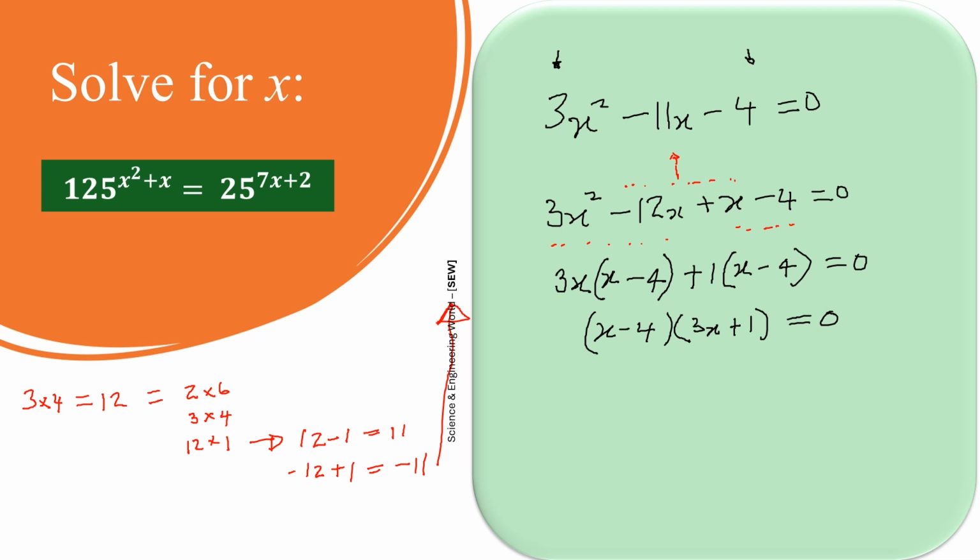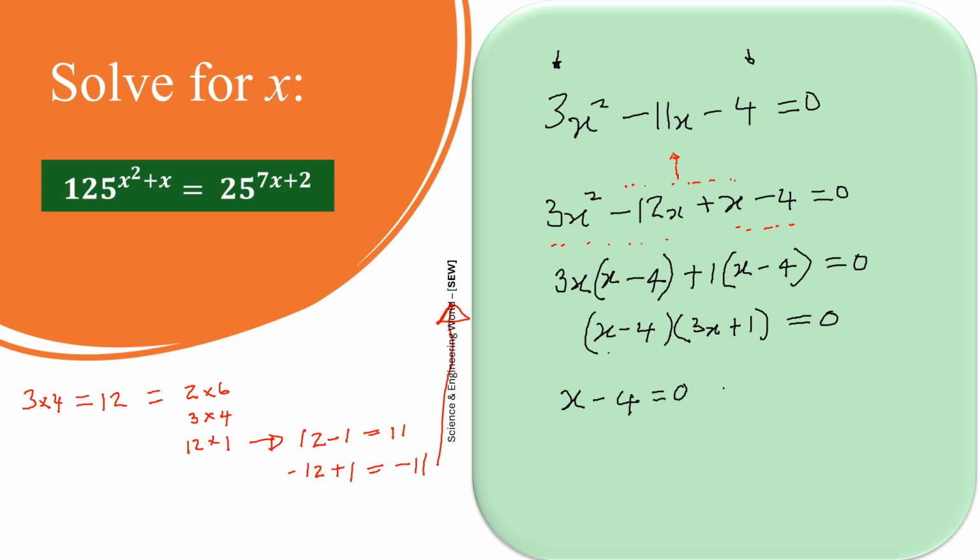If the first one is 0, then multiplying it with the other gives us 0. That balances the equation. Or the second bracket can be 0, and then multiplying out will also give us 0. So in that case, we say that x minus 4 must be 0,